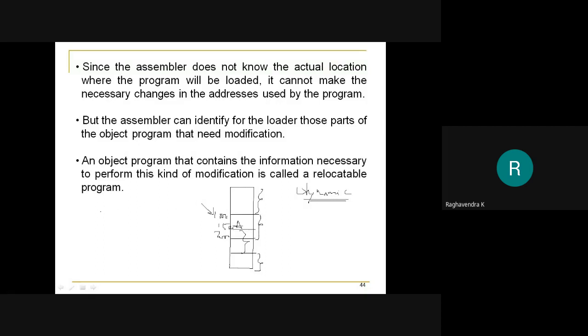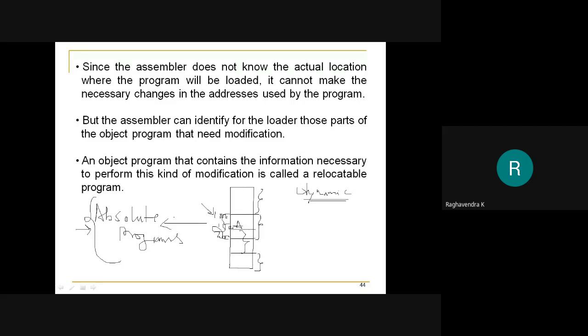Okay, such programs, I forgot to mention in the last class, are also called absolute programs. So what's an absolute program? That has a fixed address. Means if that program is assembled using 1000, it has to be executed at 1000. If it's assembled using 5000, it has to be executed at 5000. It can't be run anywhere else. So such types of programs are called absolute programs. The problem with absolute programs is, as I said, they require the memory that they have been assigned. If not, then it will not be possible for us to run that particular program.